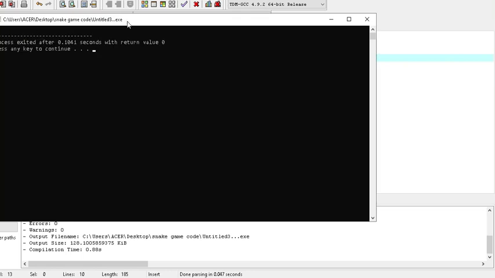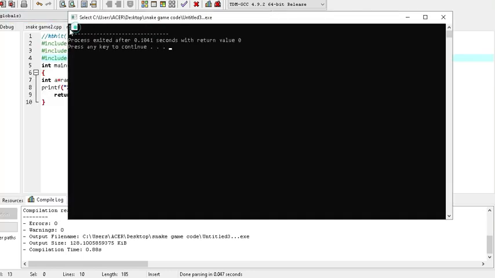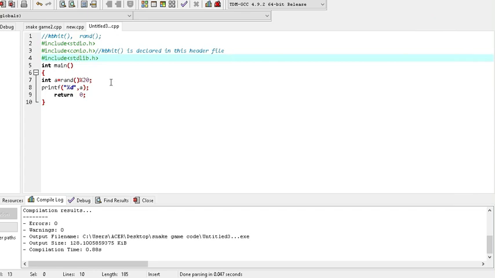Okay, see, the answer of this is 1, as you can see here. 1 means it must definitely generate a number. For example, let's suppose the number generated must be 101, and 101 will have been divided by 20, so the remainder left is 1, and it has shown the answer.